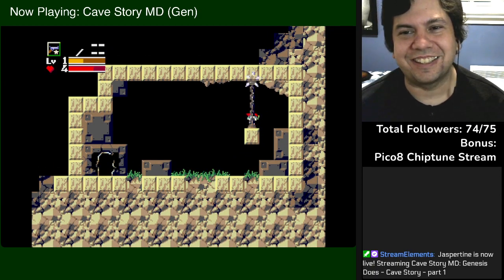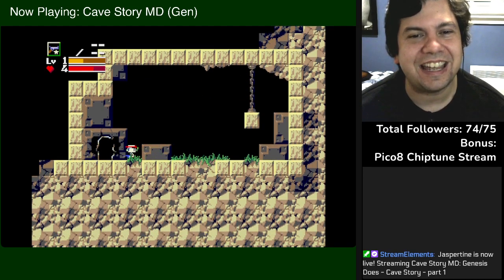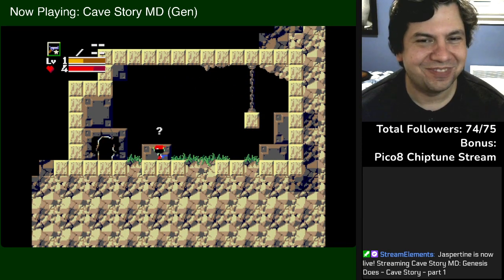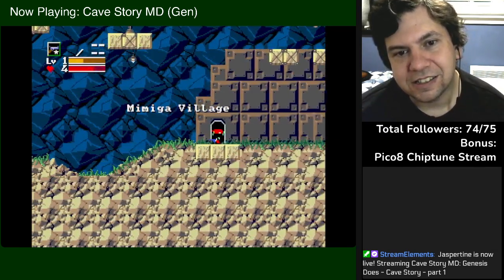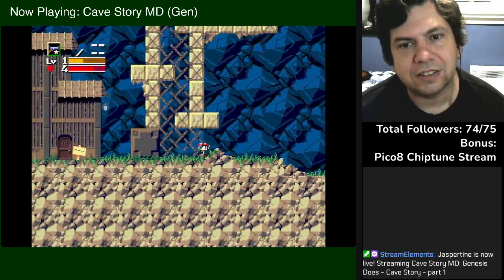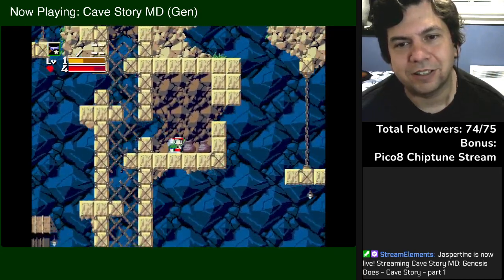I couldn't resist. I probably should have shown that off, but yeah, if you say yes, there's a simple little boss fight here that you have to do. If you say no, he just leaves. And I think if we talk to people, they'll...